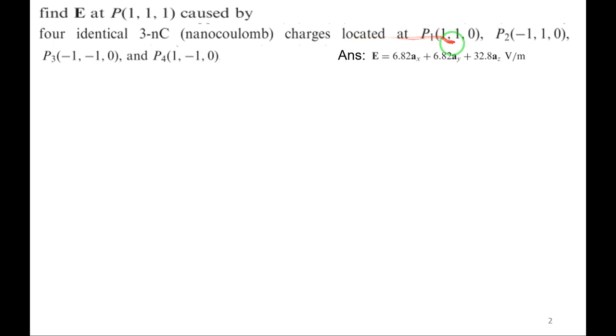We can observe that in the first point P1, X and Y are positive. In the second point, X is negative and Y is positive. So observe the symmetry. It will come like this, so I will draw it. Always it is better to draw the diagram before proceeding to the solution of the problem, so that 50% of the problem will be solved if I try to understand the problem in a correct way.